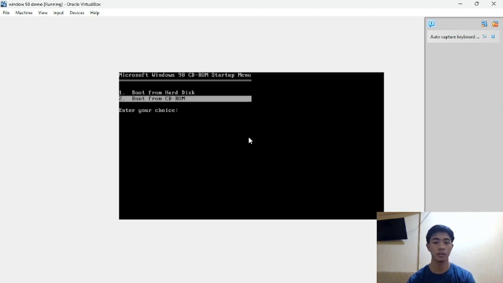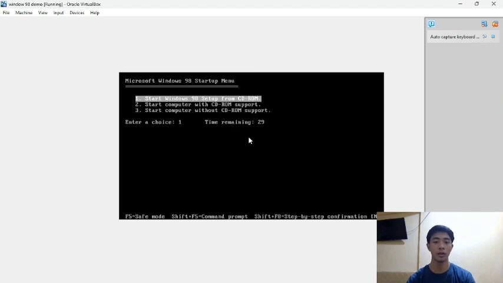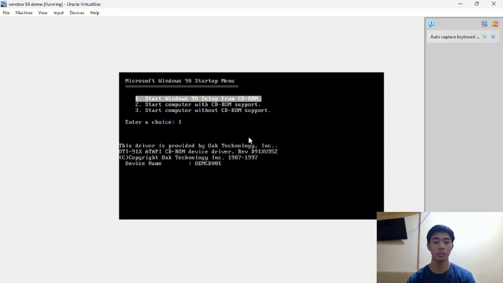Then boot from CD-ROM. Start Windows 98 setup.